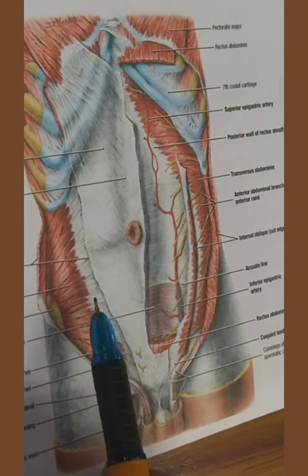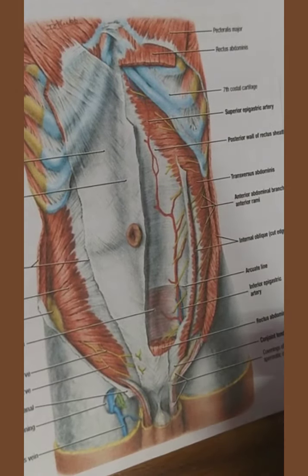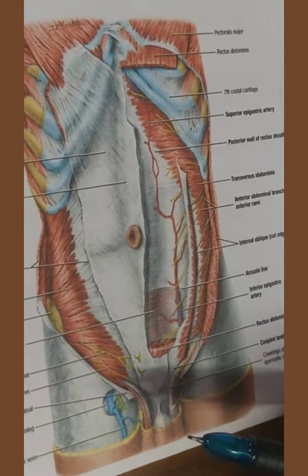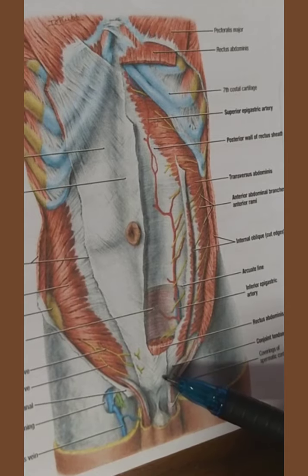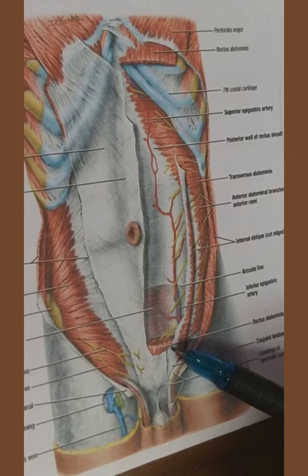Behind, it is continuous with the renal fascia along the lateral border of the kidney. Above, it is continuous with the ill-defined subdiaphragmatic fascia. And when traced below, it is a very well-defined structure becoming attached, from behind forwards, to the inner lip of the iliac crest, then the posterior margin of the inguinal ligament to the pecten pubis and the pubic crest behind the conjoint tendon. Here, this is the conjoint tendon, behind this.